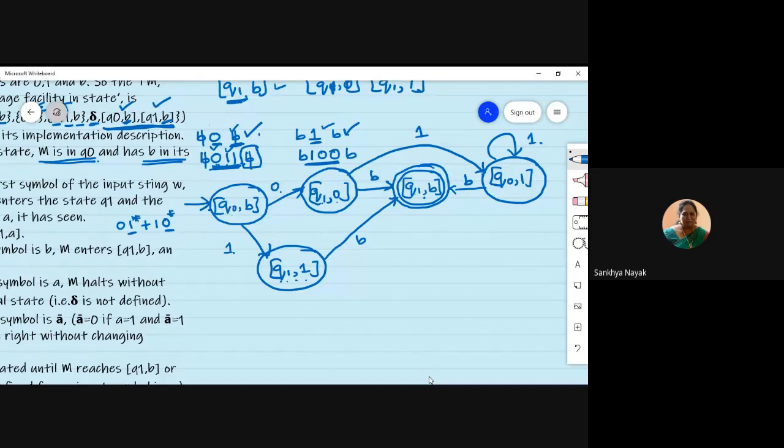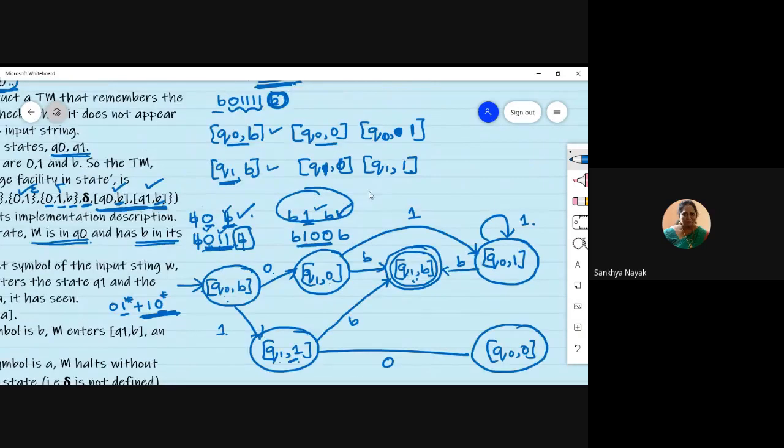All right. Similarly, about this 1, 0 star. On getting 1, I came here, right? And if I got a blank, I went to the acceptance state. So I handled this. Now, after 1, if I get a 0, then I will go to Q naught, 0. Why I have written Q naught, 0 is because I have not used it. I hope you understood. We took 2 states here and we have chosen 6 of them, isn't it? So here I have used Q1 on 0 and Q1 on 1. So I hadn't used these. That's why I'm using them.